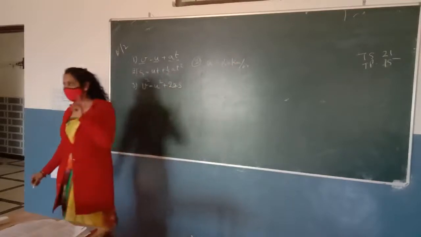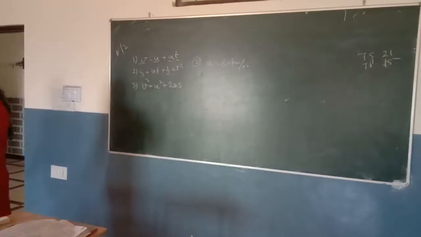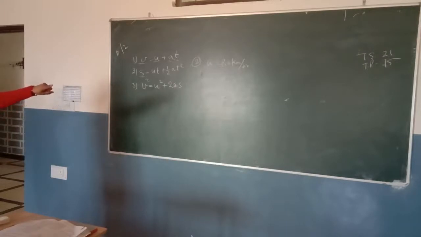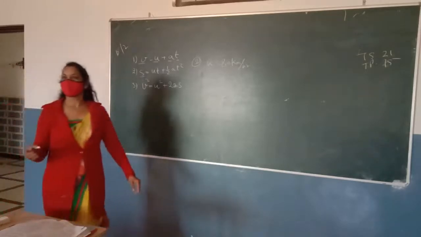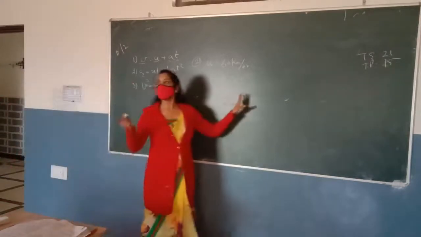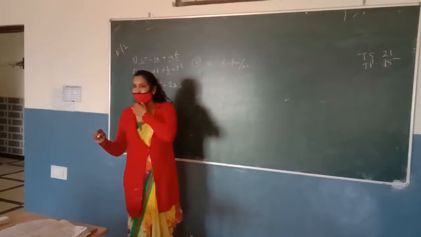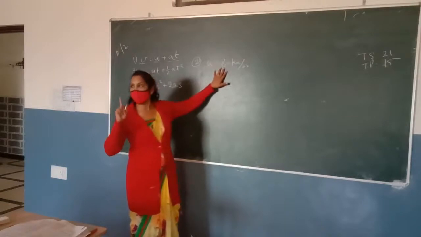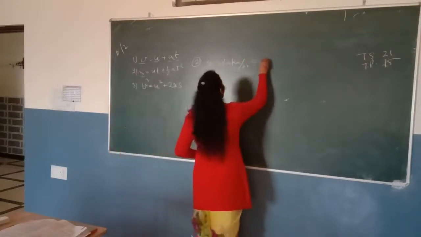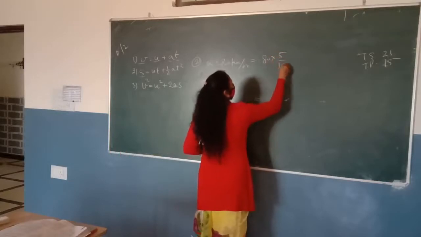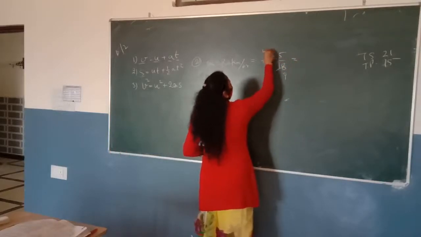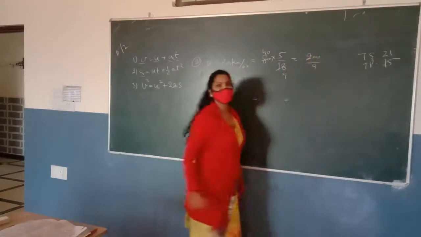One thing you should always remember is that the SI unit of velocity is meter per second. So first we should convert these units into meter per second. Does anyone know how we can convert this value into meter per second? Yes, 5 upon 18. Very good. By multiplying kilometer per hour by 5 upon 18, it will convert into meter per second. So the values should be in SI units. We are going to convert 80 into 5 upon 18: 200 upon 9. This is the initial velocity of the body.